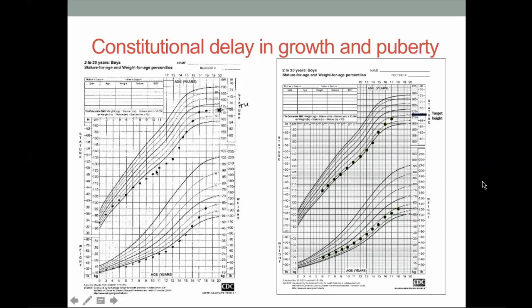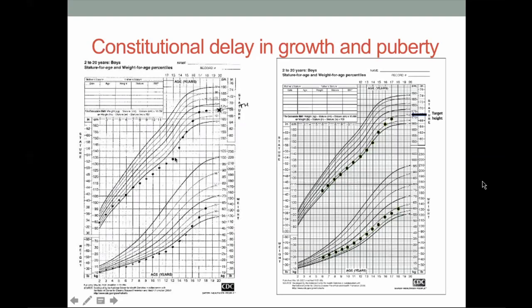But what happens is, his peers start puberty when their born age reaches the age of puberty. But because he has a delayed born age, this boy doesn't start puberty, and then his friends, his peers, his classmates start growing at a rapid rate, but he's still growing at his slow childhood rate. So when his friends start puberty, this is when most boys with pubertal delay and constitutional delay present to us, because they are now significantly shorter than their peers. But they do